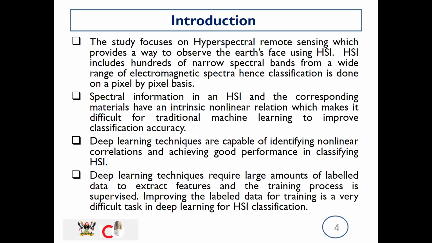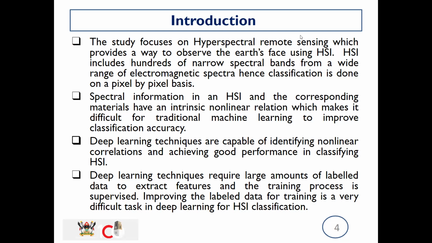This article particularly focuses on hyperspectral remote sensing. We are going to see that they were taking images from one place called Bavik University, which are more like satellite images, and the target domain was Bavik Center. Generally, they use a technology called hyperspectral remote sensing, which provides a way to observe the Earth's surface using